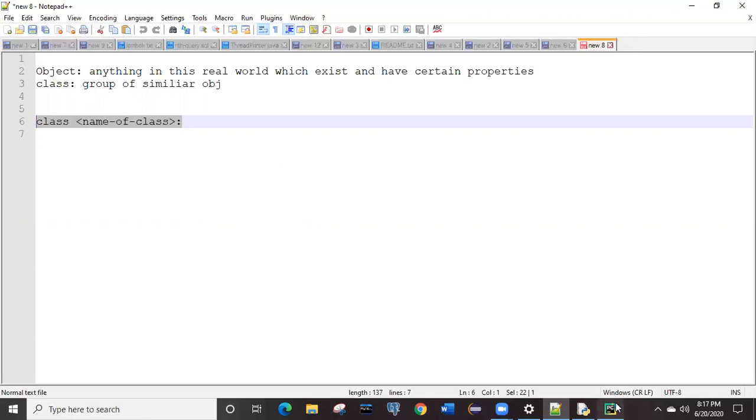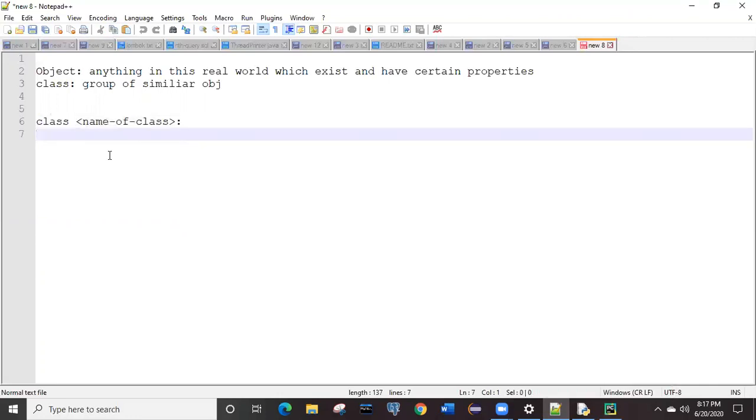I mentioned that this class will have multiple properties and some different methods inside it, depending upon our requirement. That is why a class is treated as a user-defined data type in Python. So what we want to do and what we want to achieve by creating this class, the same things we need to define as features inside this class.